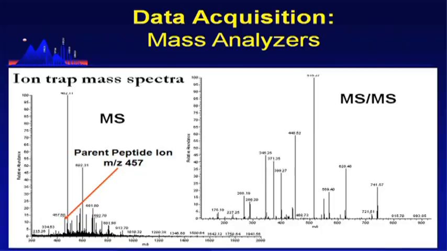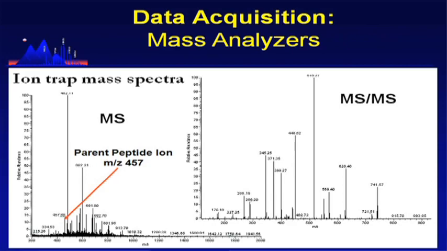Okay, so this is an example of a spectrum from an ion trap. So here was the MS scan. Okay, so all these peaks are different peptides in our sample. We isolated this small peptide in our trap, and we fragmented it, and then this was the resulting MS-MS fragmentation pattern. So then, the next time it might refill the trap and isolate this one, and then collect an MS-MS, and then isolate this one and collect an MS-MS. So this is happening so fast,